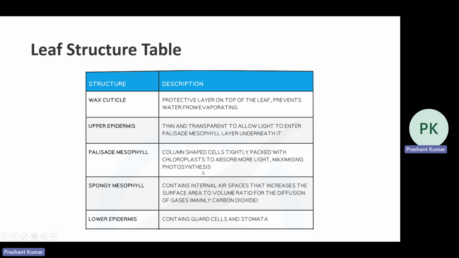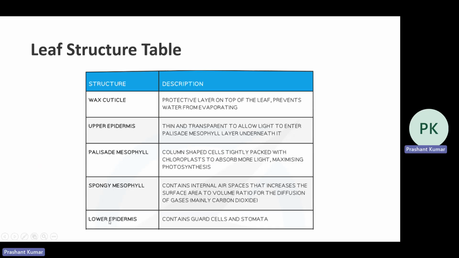The maximum photosynthesis takes place here in the palisade. The spongy mesophyll is another layer of mesophyll, with irregular shapes and gaps between the cells. The reason is to increase the surface area to volume ratio, so that diffusion of gases, generally